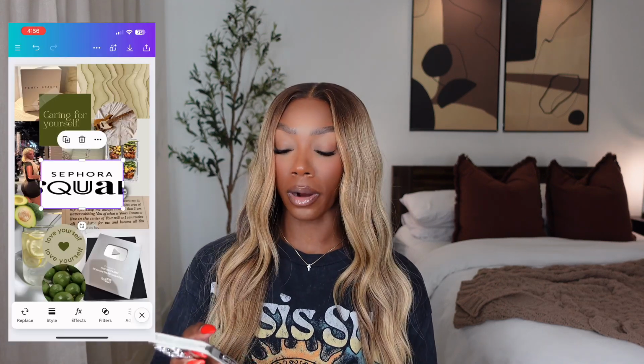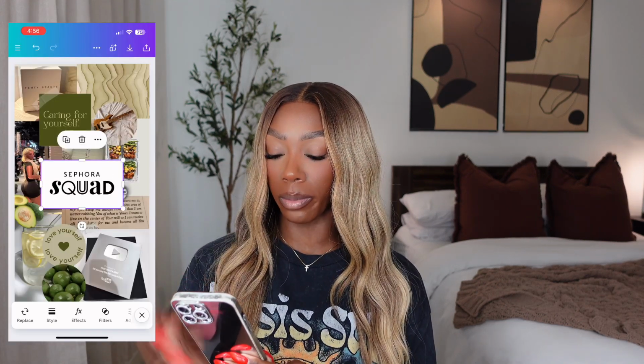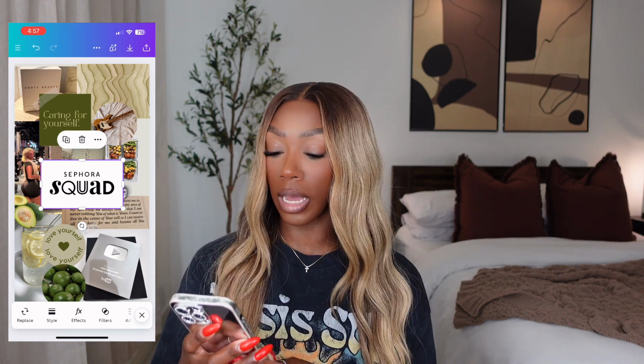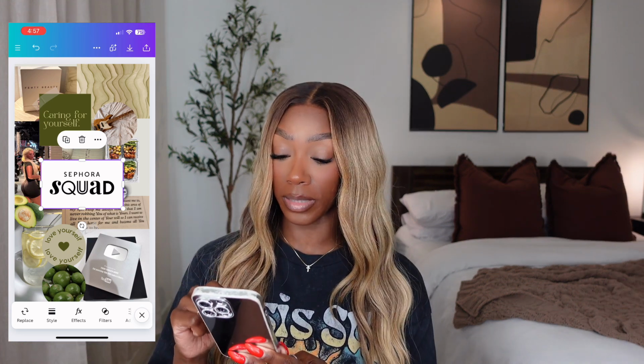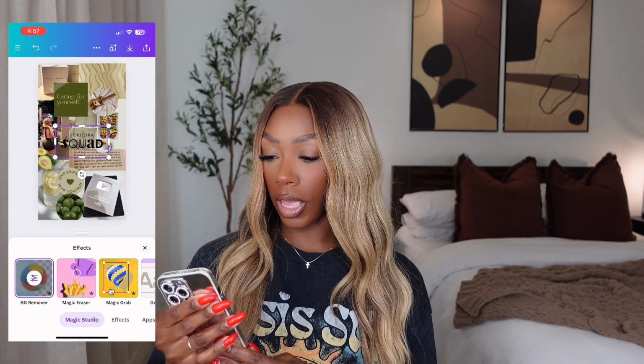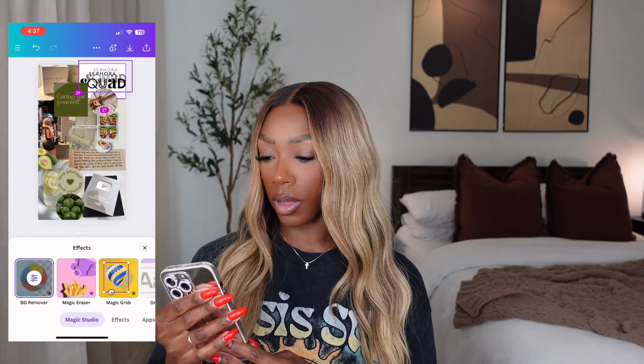Okay, so for this part in particular, I want to remove the background on this. I can only do this because I have Canva Pro. If you don't have Canva Pro, you're not gonna be able to do it. So you're gonna click the FX button at the bottom, BG remover, which is background remover, and oh no, wait,